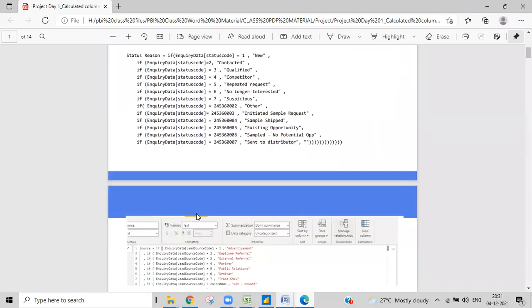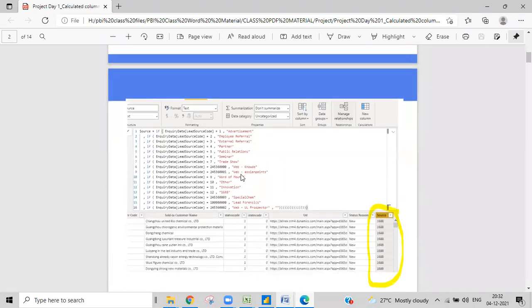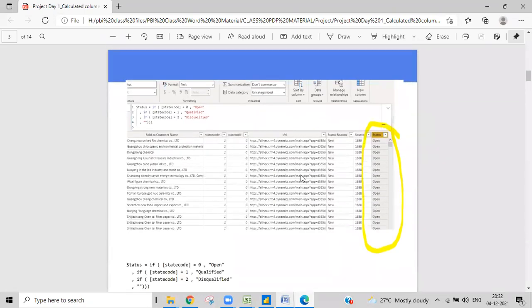And then for the second logic, this is just an if else condition. If else, if else, or a switch, whatever it might be, you can use that, and then you can create this kind of second column. So that's it. And then for the third column, as per these requirements.